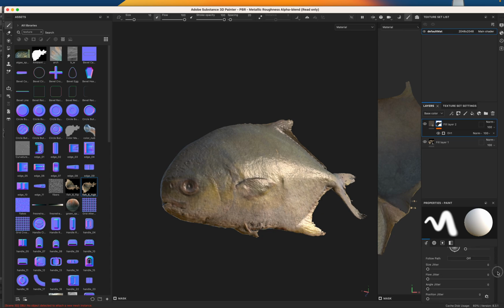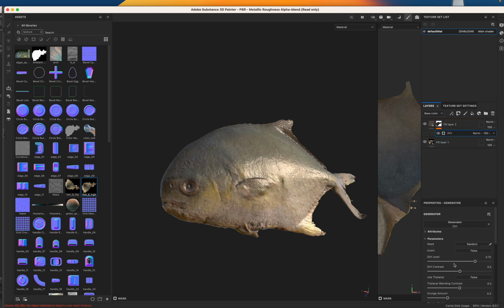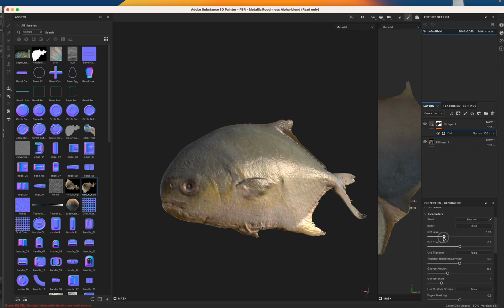All right, so we've got all these different passes on our generator. Let's see, flow, spacing, opacity, size. Oops, doing everything wrong here. All right, dirt level. So we have a pretty high dirt level. I'm going to go down pretty low and then do a contrast, and then a grunge amount. All right, so this is kind of getting the fish dirty in certain